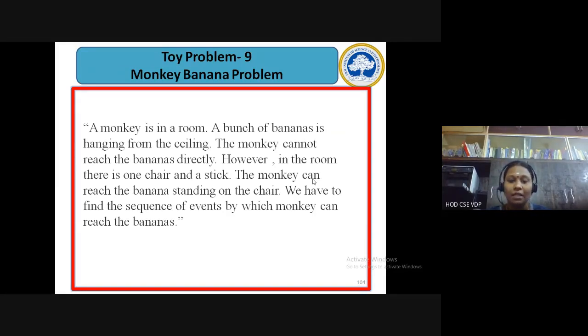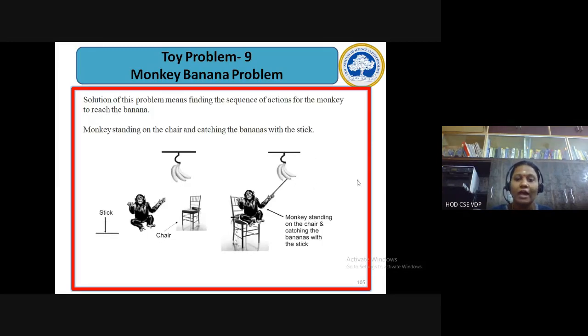Here the monkey banana problem is very easy. You have bananas hanging from the top of the ceiling, and the monkey is in a room. One stick is also there, and you also have a chair. So the question is, how does the monkey pick the bananas? Very simple, you just try the combinations. The monkey can directly jump and take the bananas, or the monkey can use a stick to pick the bananas. That is also possible. So you think of all possible rules, and then the final combination, whichever reaches the goal, has to be given.